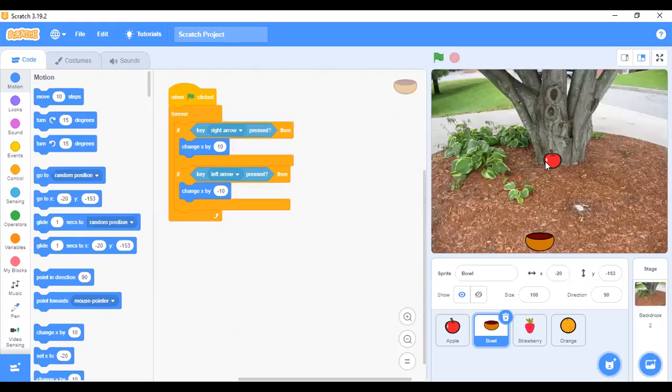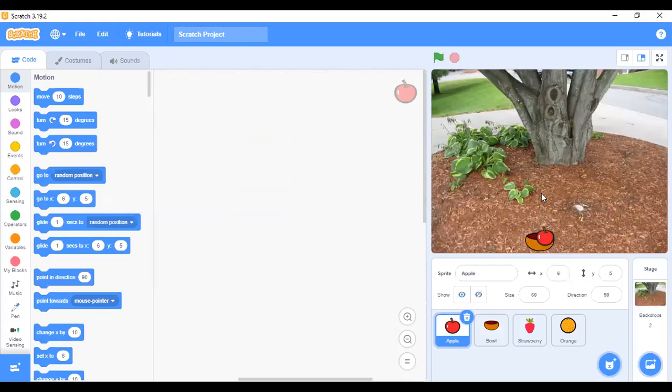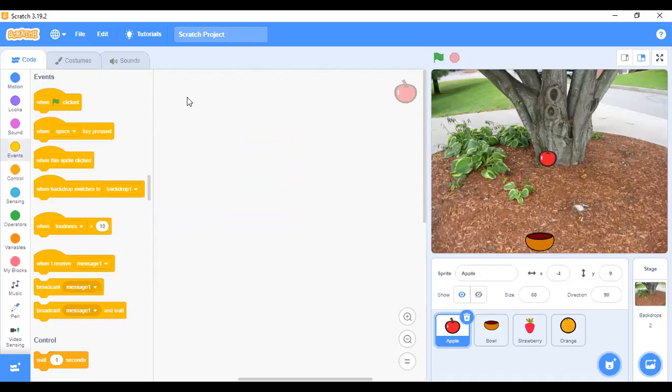Then I'll move to the apple, this particular apple. So for the apple to be able to fall down, go to your event. When flag is clicked, like that.